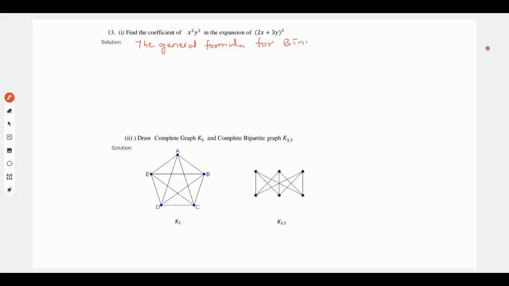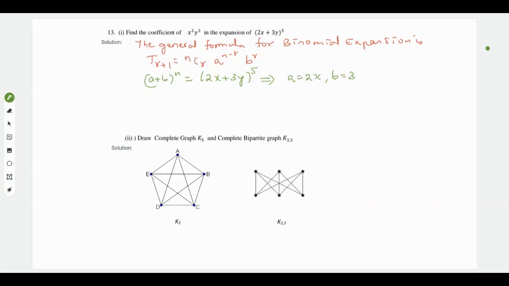binomial expansion. Binomial expansion is T(r+1) = nCr a^(n-r) b^r. So now they have given in the question, if you compare (a + b)^n with (2x + 3y)^5, then we can write a = 2x, b = 3y, and n